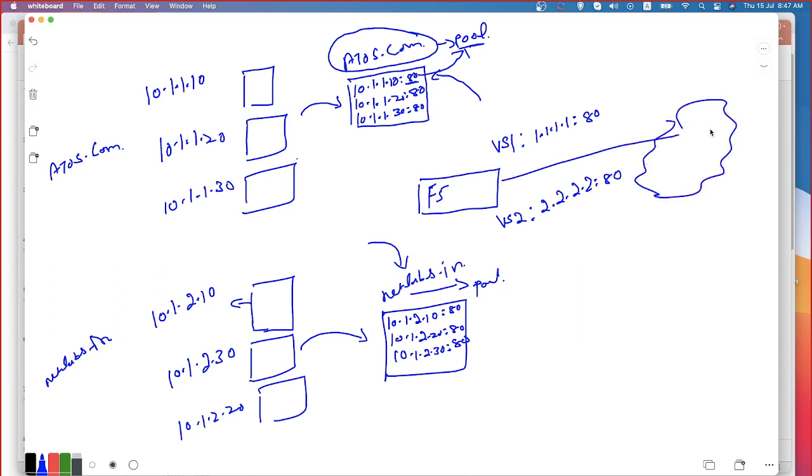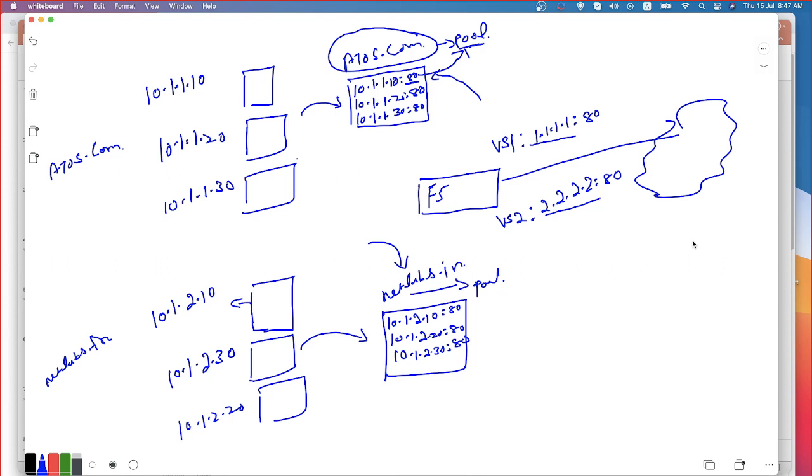If somebody who is connected to the internet is trying to access atos.com, the traffic will be redirected to 1.1.1.1, right? If somebody is trying to access netlabs.in, then the domain name is going to be resolved to an IP address, 2.2.2.2. Do I have to worry about the routing for 1.1.1.1 and 2.2.2.2? It is not my responsibility. It is the responsibility of the service provider with whom I have leased these IP addresses, with whom I have paid the money for leasing them.